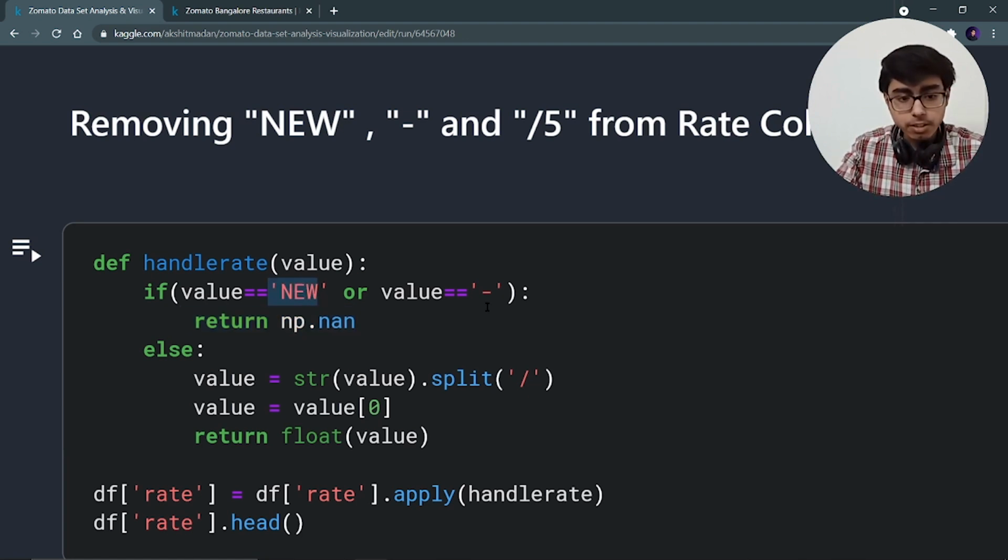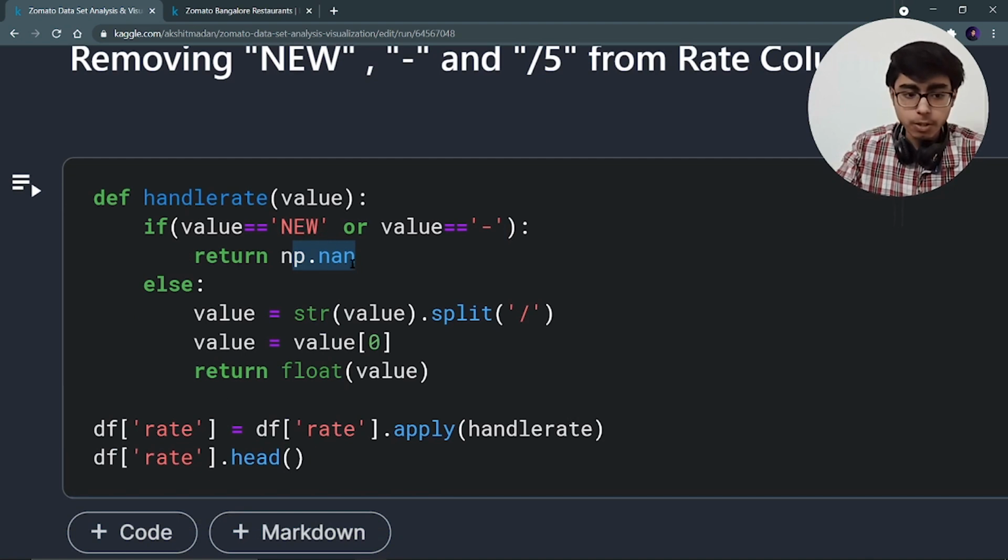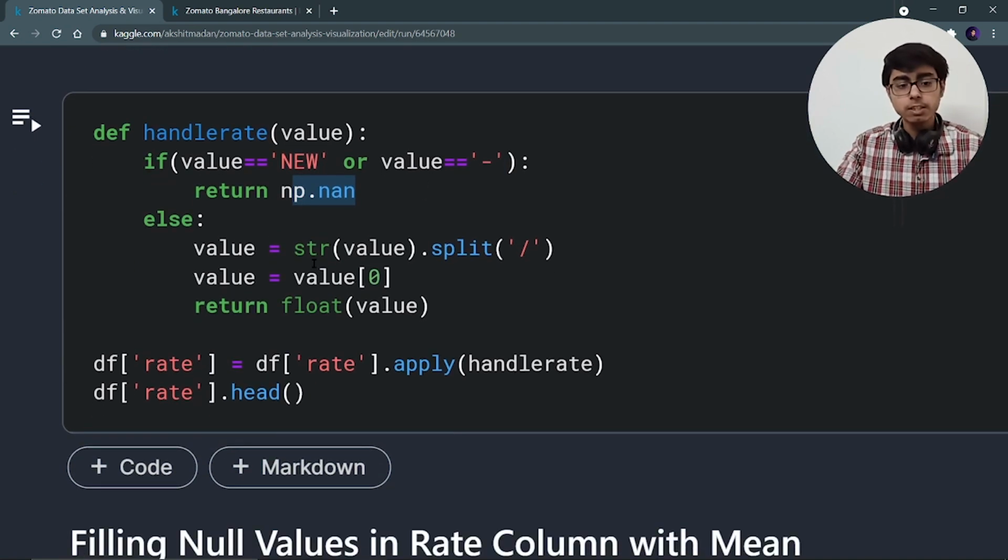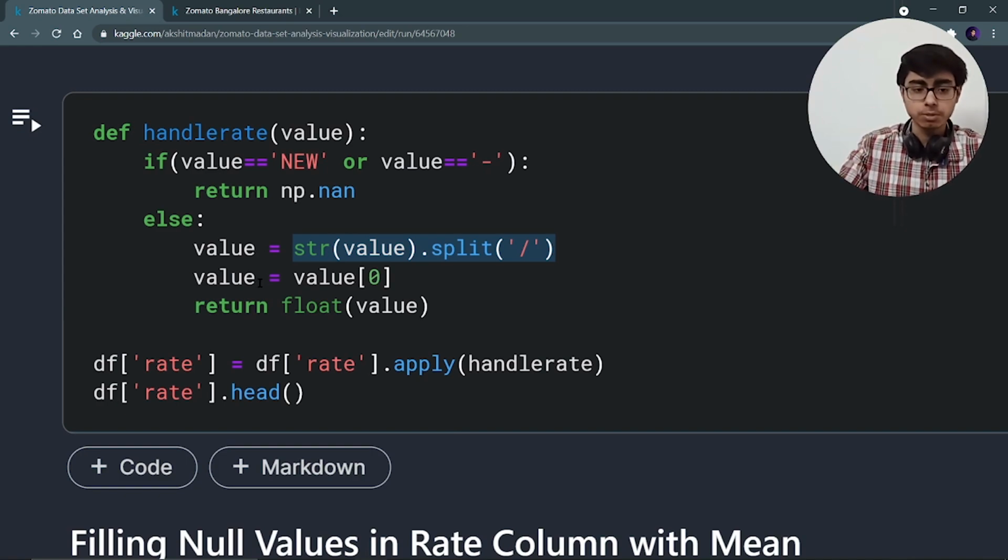That's why I'm replacing this new and dash with the null value. And if it is not new and dash, then I want to split that string value, sorry, from the slash. That means a split will be created at that slash point, and it will be a list. Now this list is going to contain two values, right?